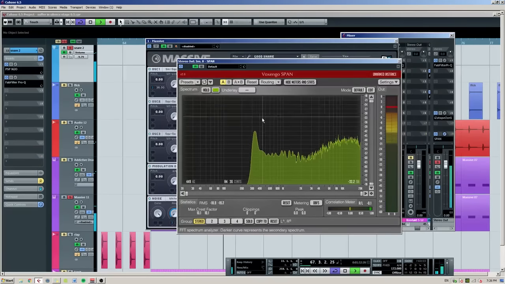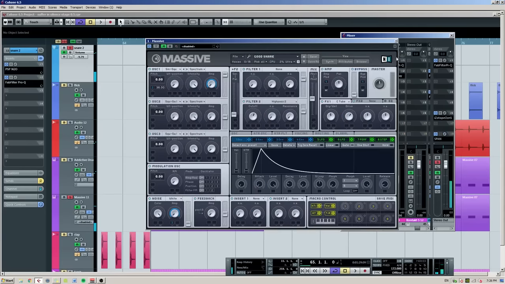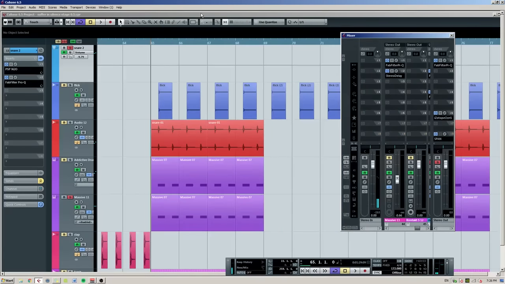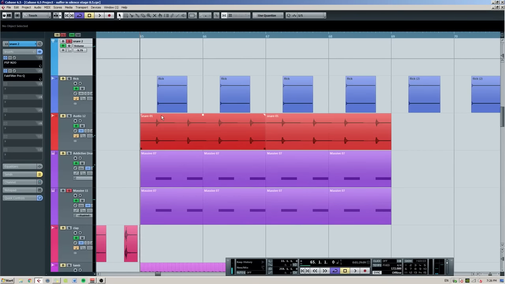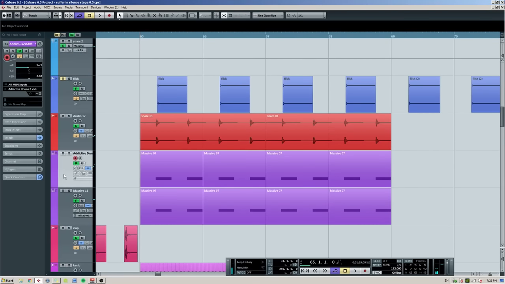So it looks something like that on a spectrum. And I like to use Massive a lot for doing this sort of thing because it's just easy to get a very basic fundamental punch part of a snare. Something to get you started, which is pretty useful. On top of that, we've got this